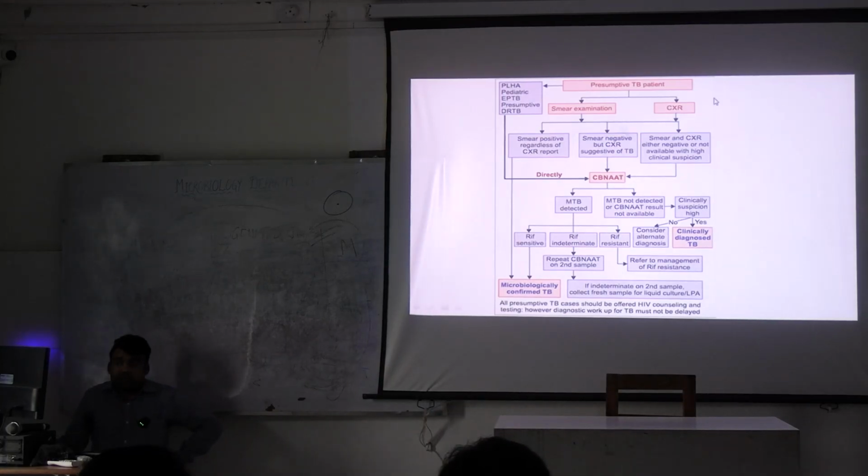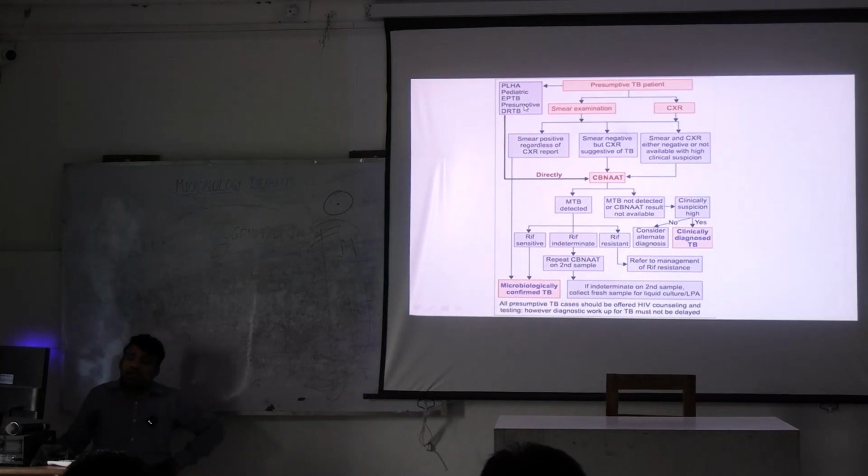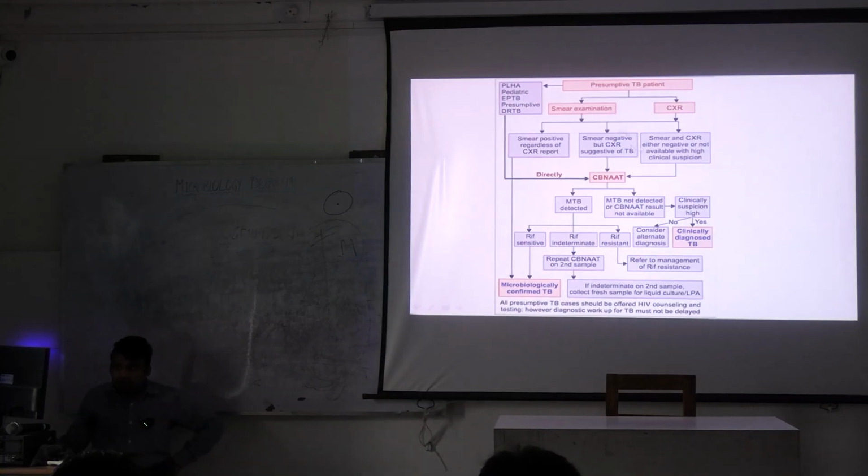So this is the normal process. But suppose the patient has some history of immune compromise, coming in contact with other TB patients or drug resistant TB patients, or the patient is having extrapulmonary tuberculosis. In that scenario, we have to go for CBNAAT, that is the PCR. And even in that case, if it comes positive, we can send for detection of resistance. If it is resistant, that means resistant to rifampicin, we can start second line therapy and go for resistance testing against second line of drugs.